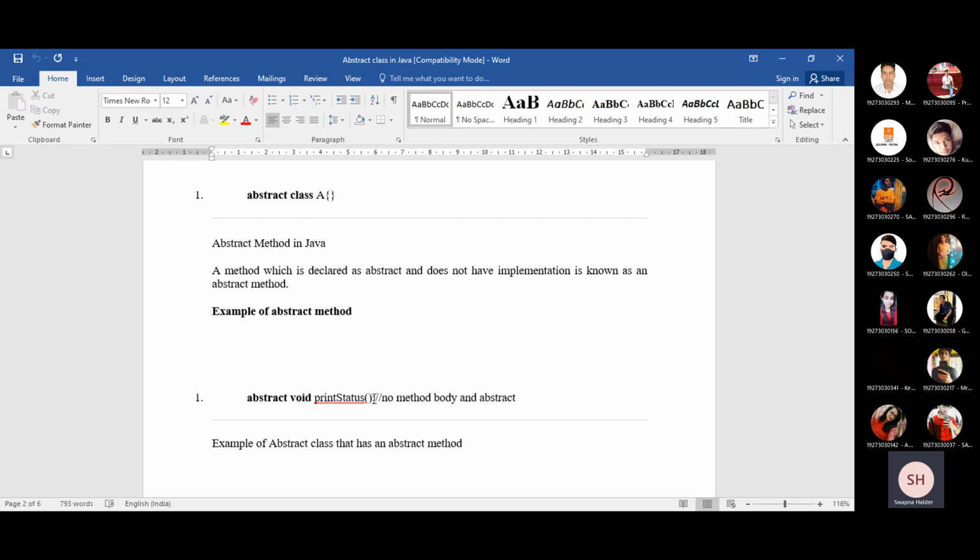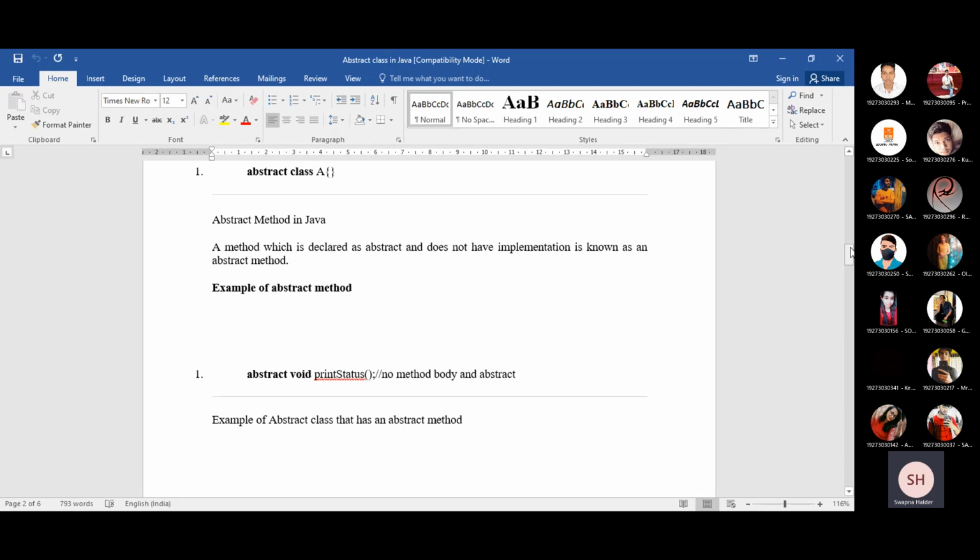And if all the methods are declared as abstract methods, then it will not be called an abstract class, it will be called an interface, because an interface is the fully abstract class. This is the basic difference that you must know about the abstract class.